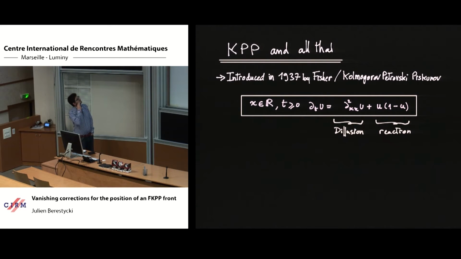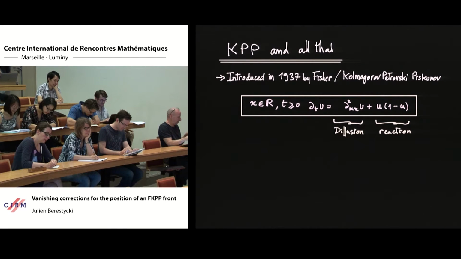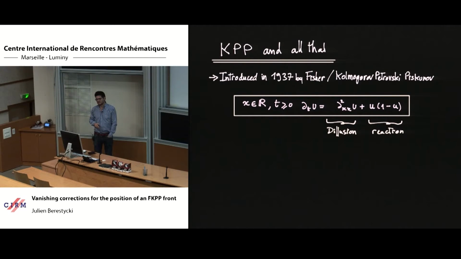So what's the FKPP or the KPP equation? KPP is for Kolmogorov-Petrovsky and Piscounof. Well, it's an equation which was introduced in 1937, actually in two papers simultaneously, on one hand by Fisher and on the other by Kolmogorov-Petrovsky and Piscounof. And it's a partial differential equation